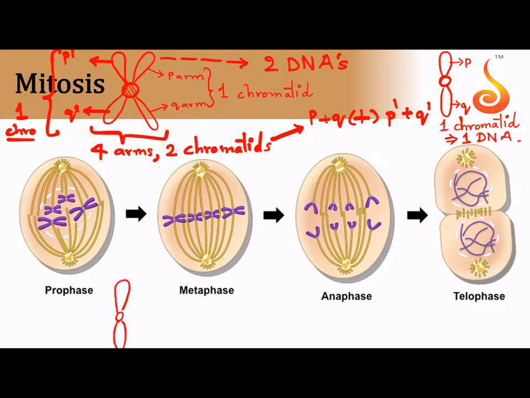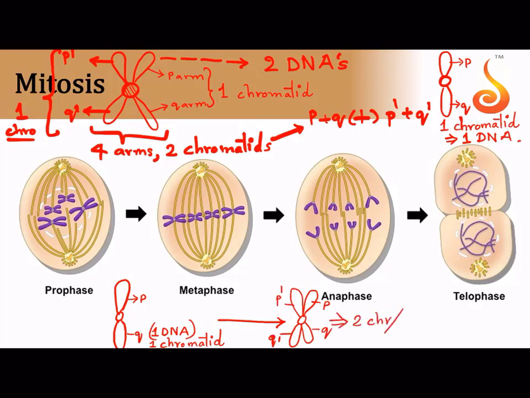All of you remember this chromosome which has only one chromatid, that is P and Q, which is nothing but one DNA molecule. Okay? Or we can say one chromatid will now get transferred into a chromosome which has 2 chromatids. See, P and Q is still there and copies of P and Q called P dash and Q dash are also there now. So this has 2 chromatids and 2 DNA molecules. When did this doubling happen? Here there was only one DNA molecule. Here we have 2 DNA molecules. This happens during which phase of the cell cycle? The synthetic phase of the cell cycle.